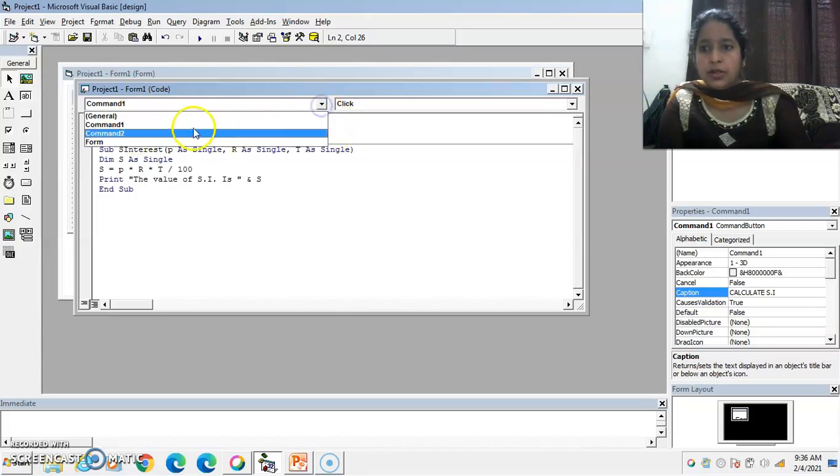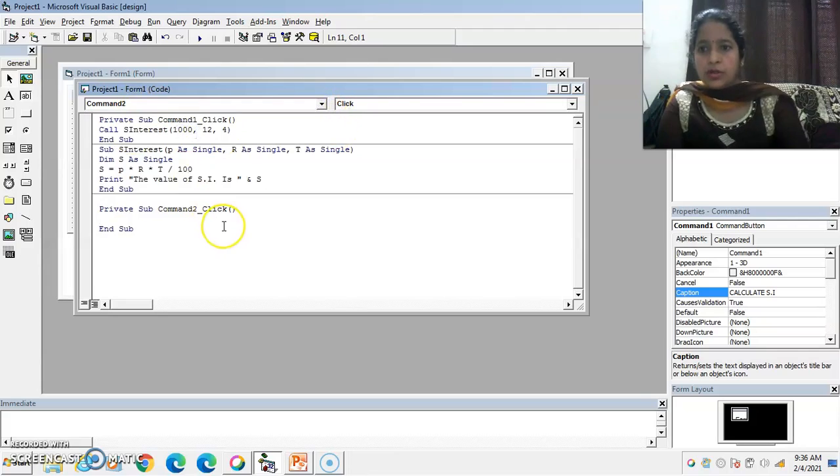Now write down the code for the Command2 button. I want to exit or terminate the application at the Command2 button, so write down the End keyword here. Now run this program.